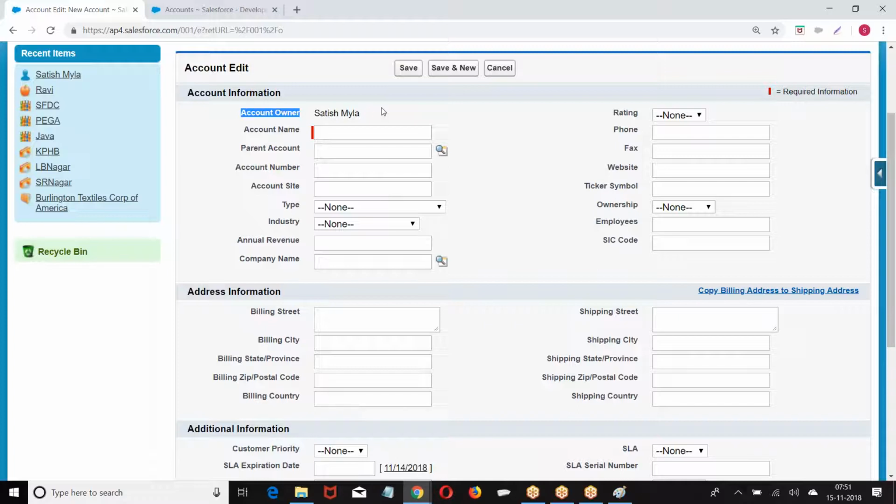Okay. Now, if I delete the parent, the child will not be deleted. Are you getting my point? But the child can avoid deletion of the parent.